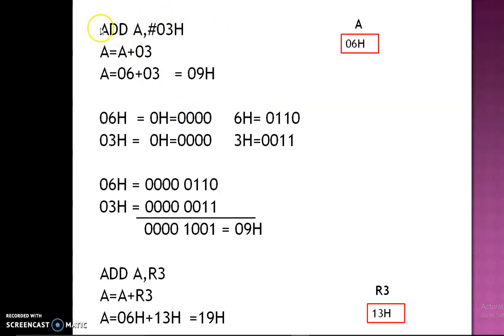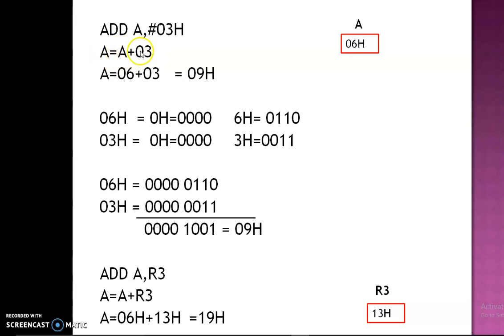Here I have taken one example for the first combination. ADD A comma immediate data 03H. Hexadecimal 03 is the immediate data. So no need to fetch this data, it is immediately available in the instruction only. So what is the meaning of ADD A comma #03? It means you are adding the accumulator content plus immediate data 03, and after adding you are loading that into the accumulator only.